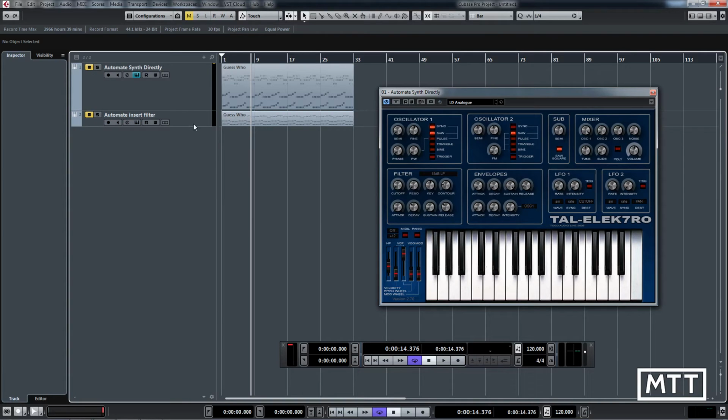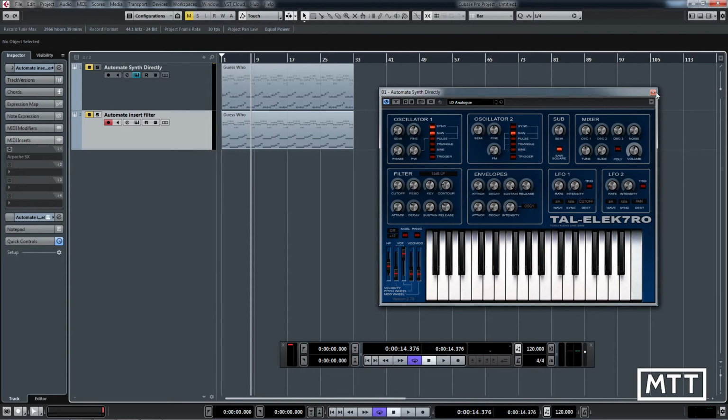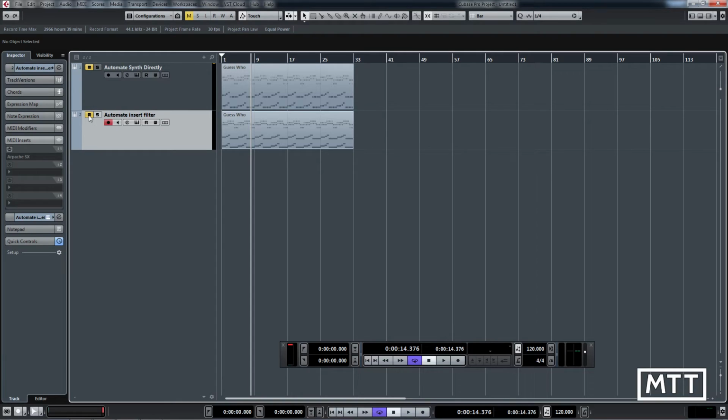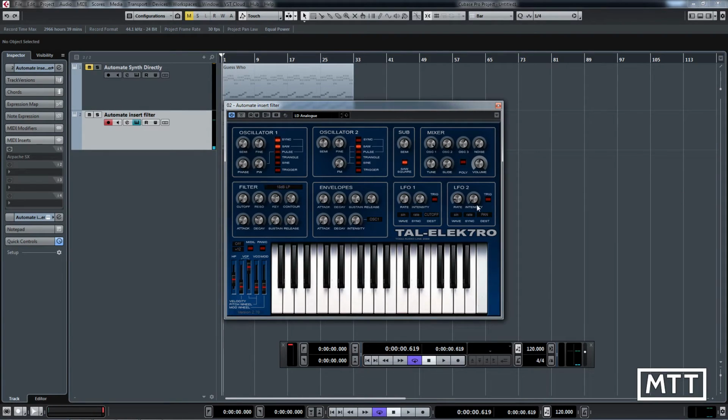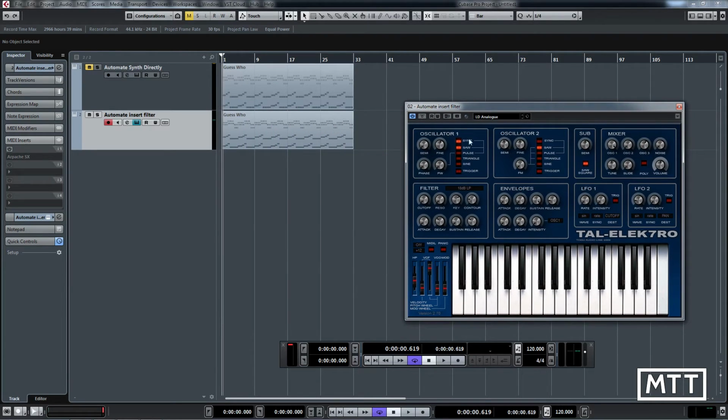Next, if you've got a synth which doesn't have that on there. Now I don't actually have one, so I'm just going to use the same synth again. So we've got that there. I just need to change a couple of things about it here. Right, so this is the same kind of thing, and we can see obviously we'd want to do that, but let's say we've got a synth which you can't automate it, so we're just going to do it with another